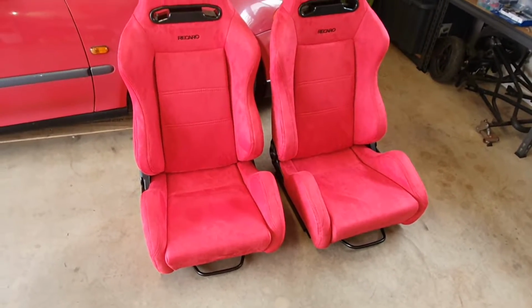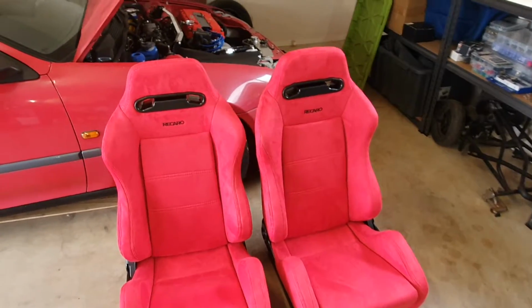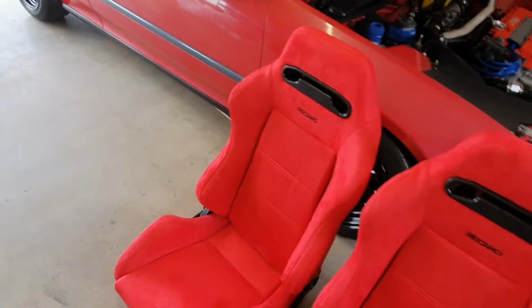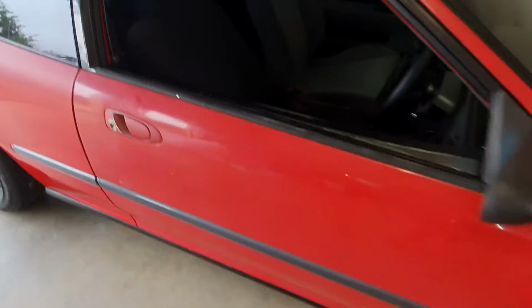Today I got some more parts to install. Finally changing the seats on the Civic. I'll show you what I've bought. So I've got myself a pair of SR3 Recaros and they're on sliders. So I think red on red, a lot of red,